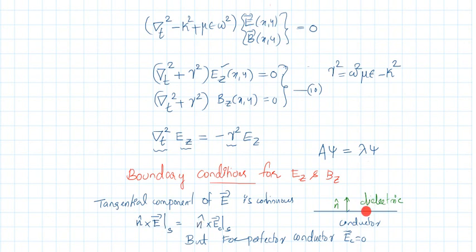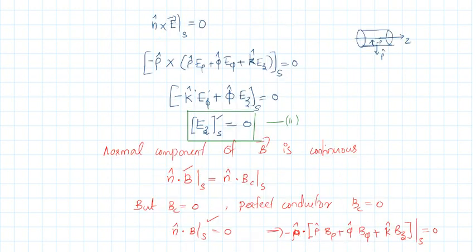So, just above the surface, this value E, just below the surface, electric field has this value EC, that is inside the conductor. But we already know that for a perfect conductor, electric field is 0. That means the right hand side becomes 0. So the boundary condition is n cap cross E at the surface is 0. What is the meaning of